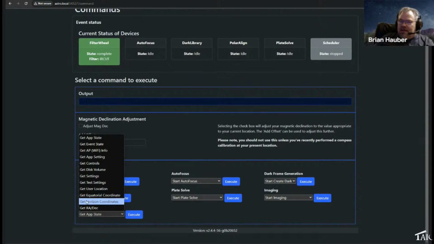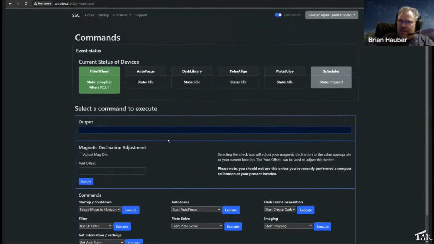So you can get all of the different coordinates. So you can get the RA and Dec where it's currently pointed, get the horizon coordinates, equatorial coordinates. It's really, the API that they developed, it's actually a subset. It's based on the code that they wrote for ASI Air. So, because if you actually look at the code, you will see that it actually refers to itself as ASI Air, which is kind of funny.